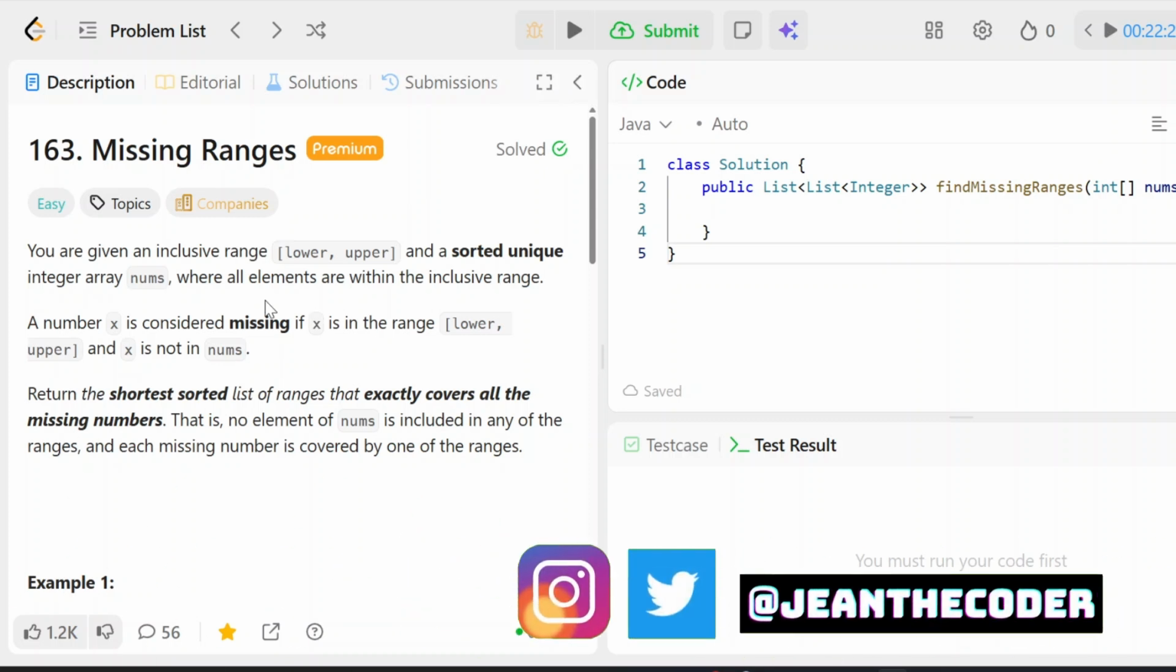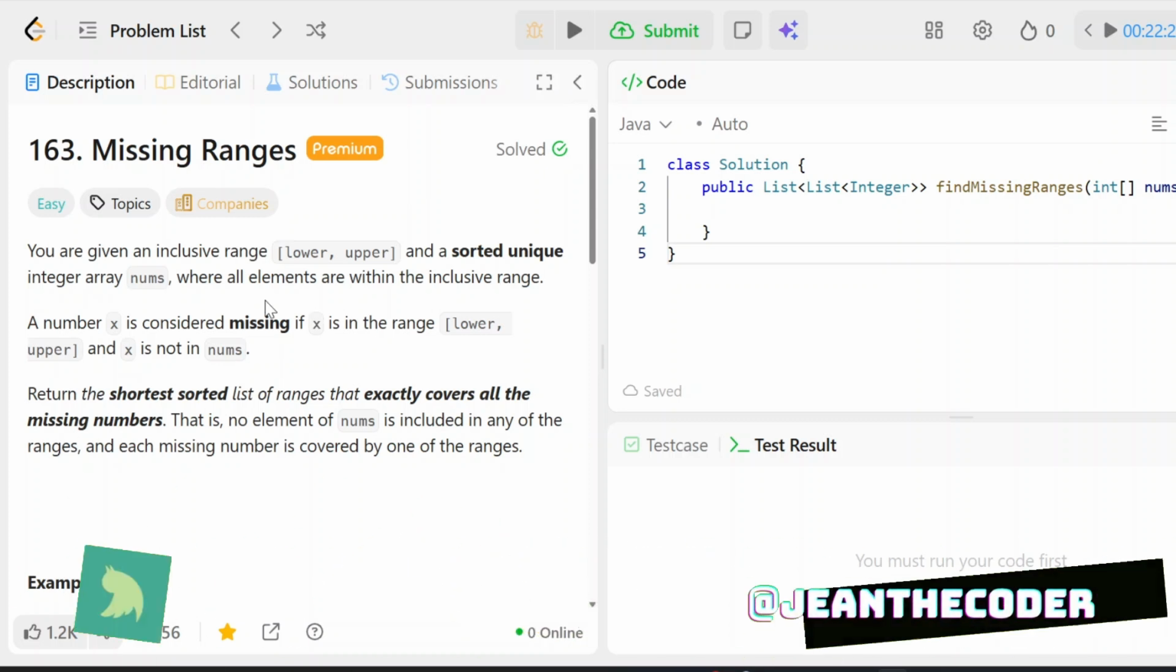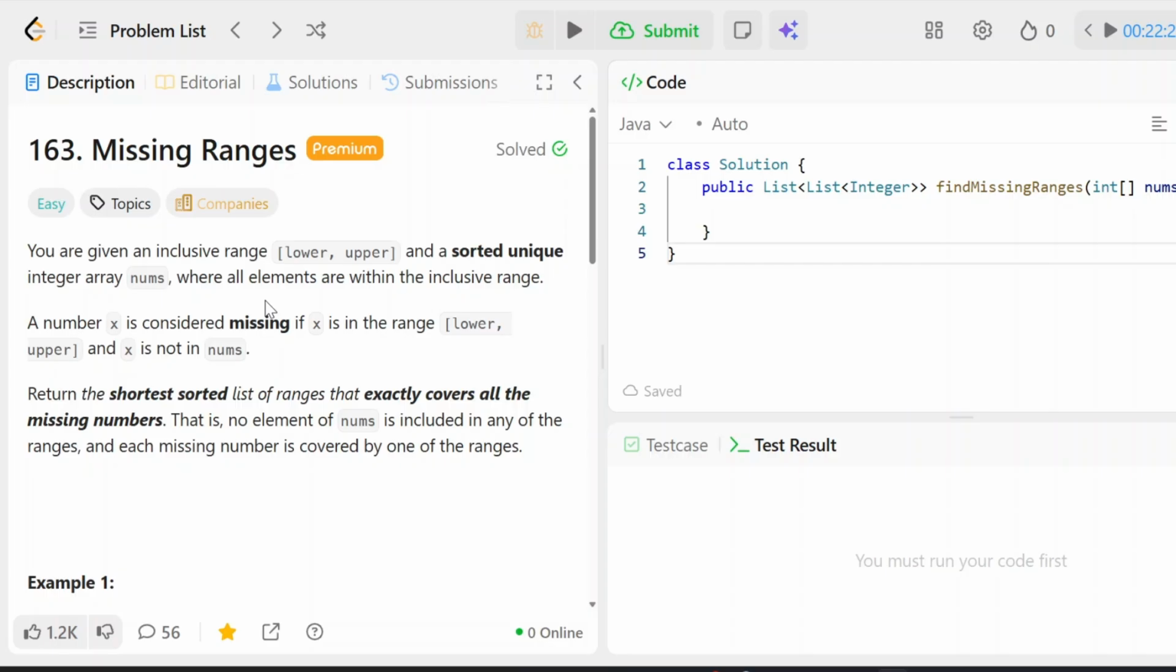Today we have a very good problem for you guys called the missing ranges. So, let's read the problem statement real quick. It says we're given an inclusive range, lower and upper, and a sorted unique integer array nums where all elements are within the inclusive range. A number x is considered missing if x is in the range lower to upper and x is not in nums. So, return the